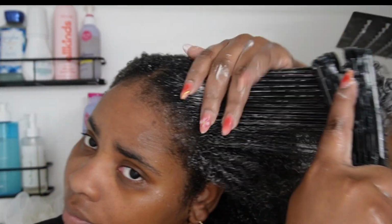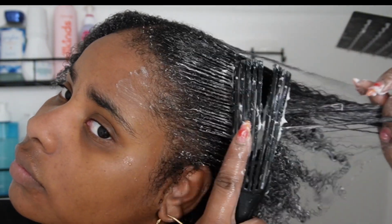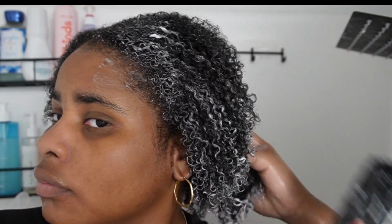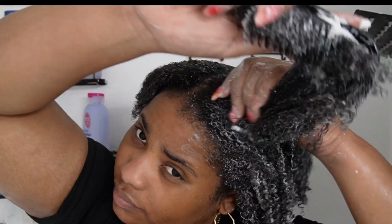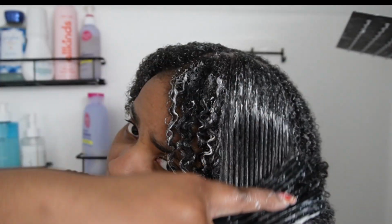But I really like the slip. I really like how I was able to just get the brush through my curls. This is me doing a dancey dance because I was really impressed with those washes. Look at my curls. Look at how they thrive. I definitely will have to use the conditioner by itself to see, because right now my favorite product is still the repair cream. I also like how my hair felt super soft but not weighed down because all the products